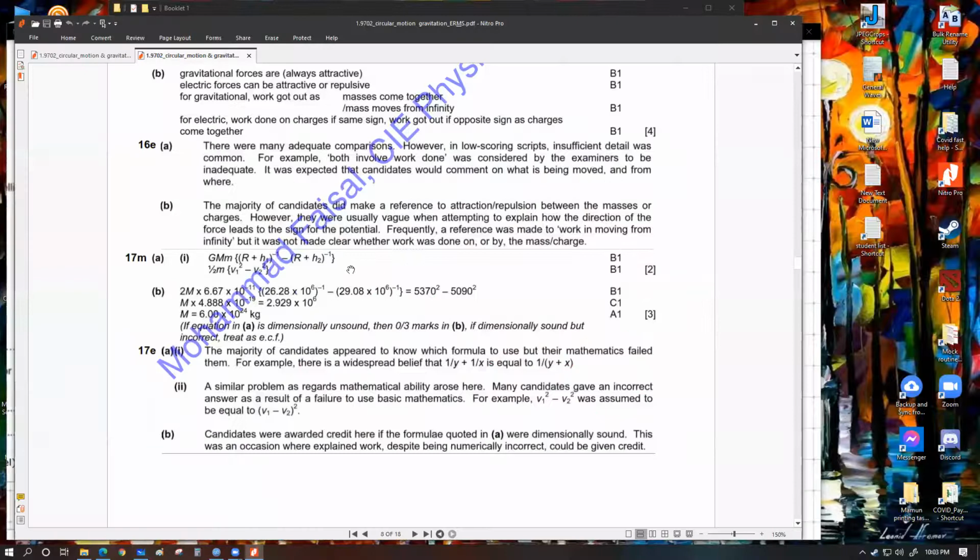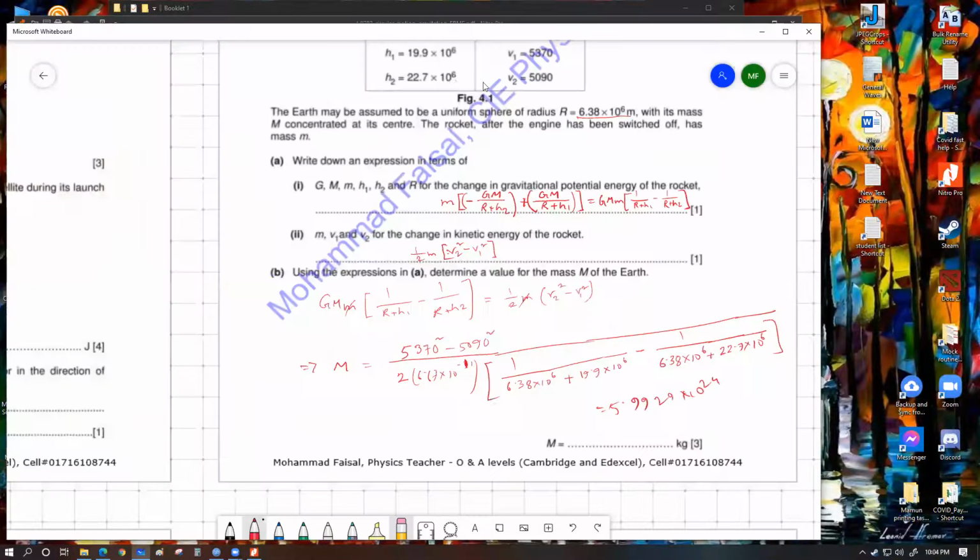আচ্ছা, এখানে একটা v1 v2 স্কয়ার দিয়ে একটা জিনিস আছে, হাফ ইনটু v1 square minus v2 square. So they did the big minus small. A similar problem as regard to mathematical ability arose here. Many candidates gave an incorrect answer as a result of failing to answer the basic mathematics. For example, v1 square minus v2 square was assumed to be equal to v1 minus v2 whole square. এটা তো একটা বেসিক মিস্টেক, মানে বলদামি মিস্টেক। But they wrote this one as v1 square minus v2 square. So they basically did big minus small. They didn't do final minus initial. I think that works out, কারণ আলটিমেটলি আমরা ভ্যালু বসানোর সময় বিগ মাইনাস স্মলই করতে হয়েছে।